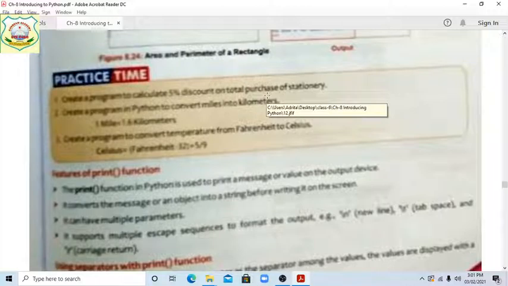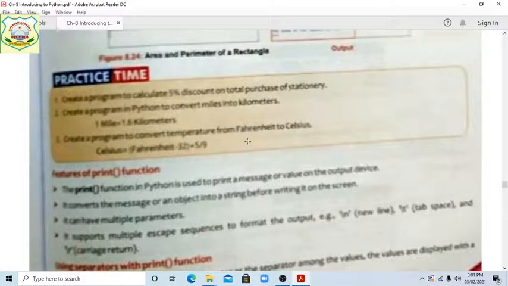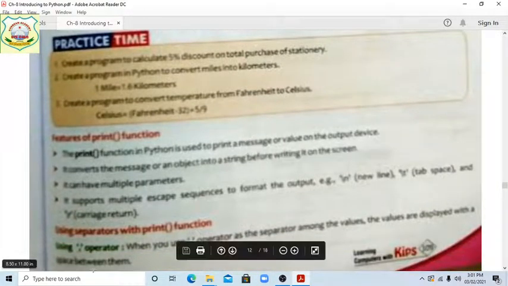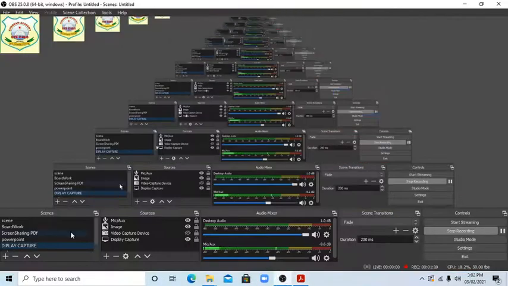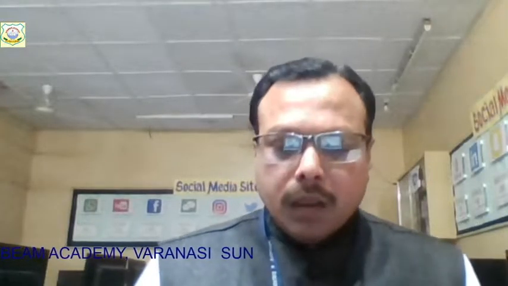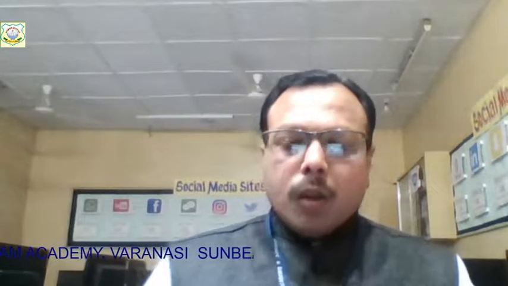And how to write in script mode 1 mile equals 1.6 kilometers. And also we found Celsius equals Fahrenheit minus 32 multiplied by 5/9. By the previous class, I think everyone has done it, and a few students also showed me on the window.